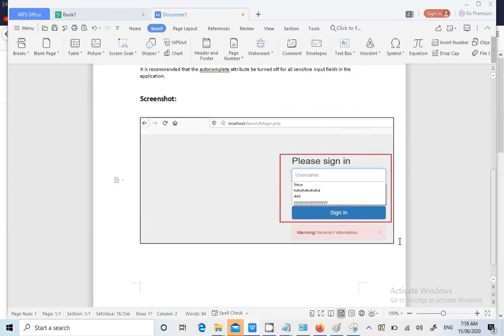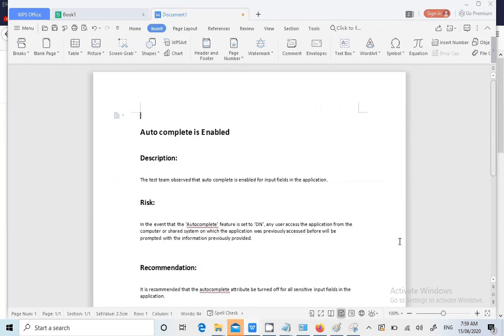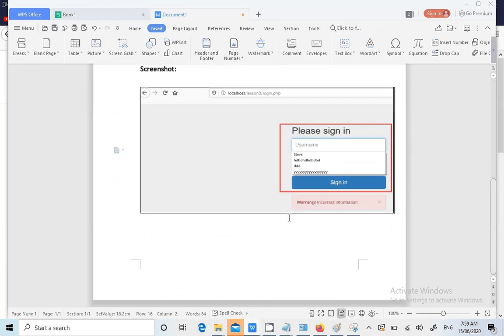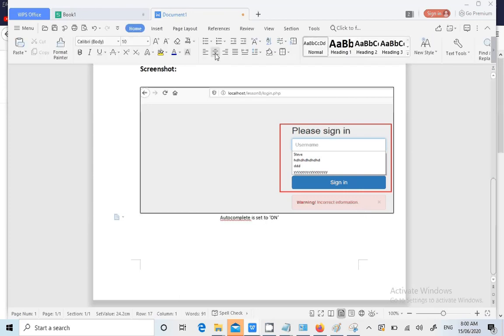Below the picture, we will write some small information like, click enter. Autocomplete is set to on, and I'll adjust this to the center. How do I put that? Click on home, middle one. Yes.